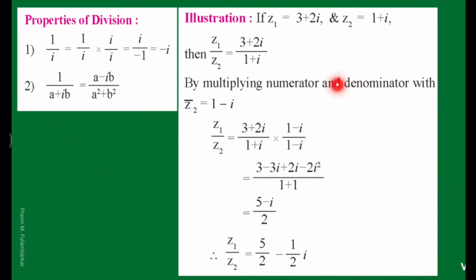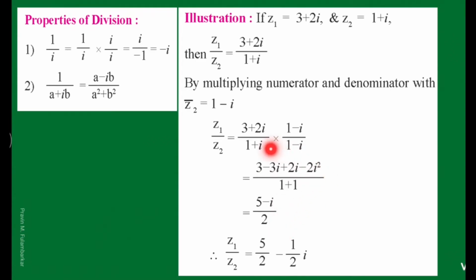So we multiply the numerator and then multiply the denominator terms. So here 3 plus 2i into 1 minus i. We multiply 3 by 1, we get 3. We multiply 3 by minus i, so we get minus 3i. Then we multiply 2i by 1, we get 2i. Then we multiply 2i by minus i, so plus minus minus 2i into i, we write minus 2i square. And in the denominator we use the formula a plus b, a minus b, so we write 1 square minus i square. i square is minus 1, so we write here minus minus plus 1 in the denominator.